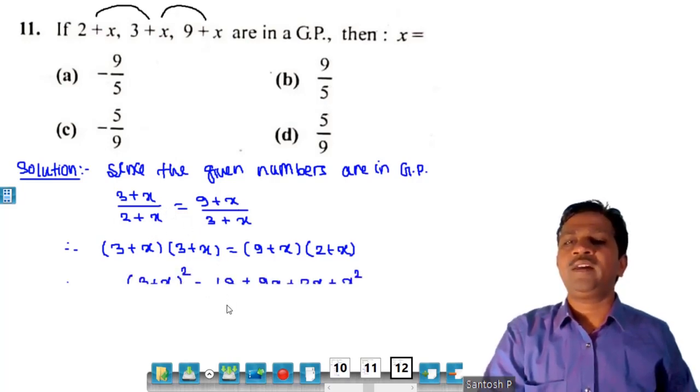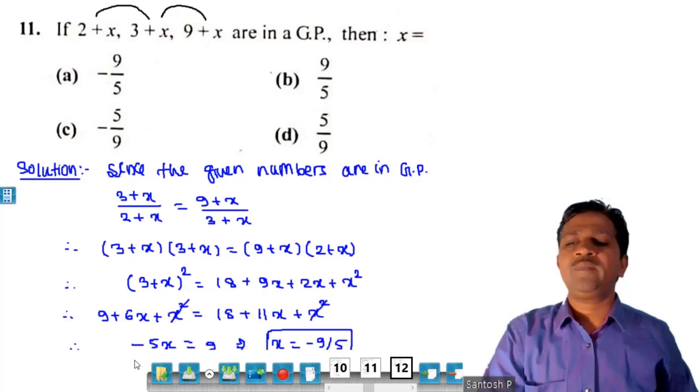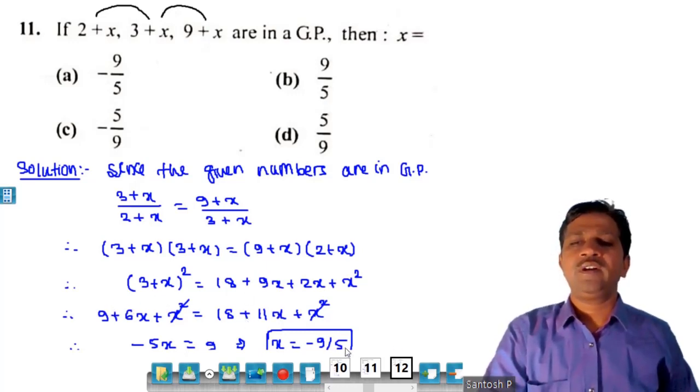And just by simplifying this quadratic equation, the left hand side is nothing but 3 plus x whole square. And I have multiplied these two brackets on the right side. 9 into 2 is 18 here. 9 into x is 9x. x into 2 is 2x. And x into x is x square. Also square the left hand side. Using a plus b whole square, it is 9 plus 6x plus x square, and the right hand side as it is, just added these two, 9x plus 2x is 11x. This x square and x square get cancelled, and rearranging terms, I have taken this 11x to the left side. 6x minus 11x is minus 5x, and then taken this 18 to the right side. We got x equals minus 9 by 5. Okay, these are simple questions.